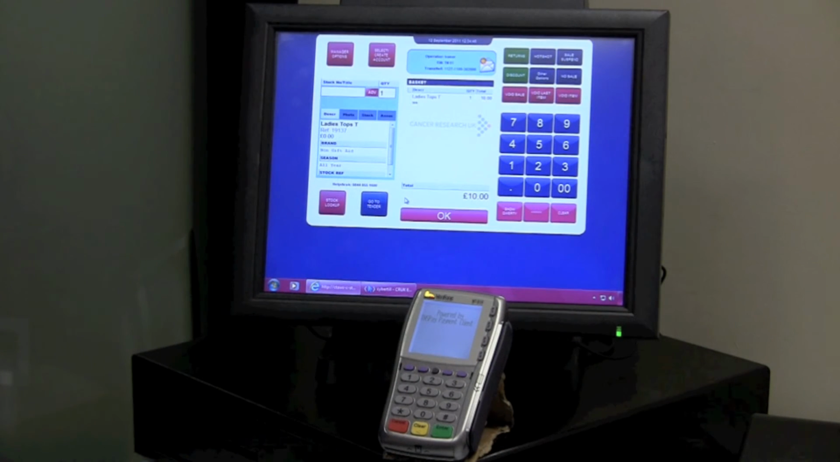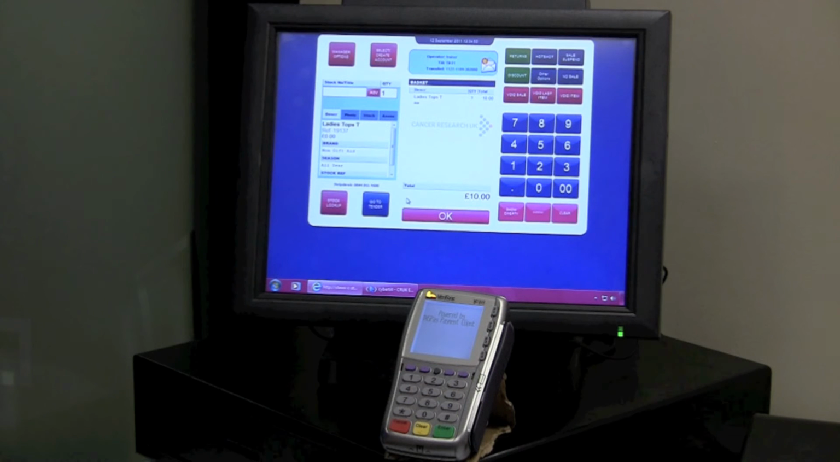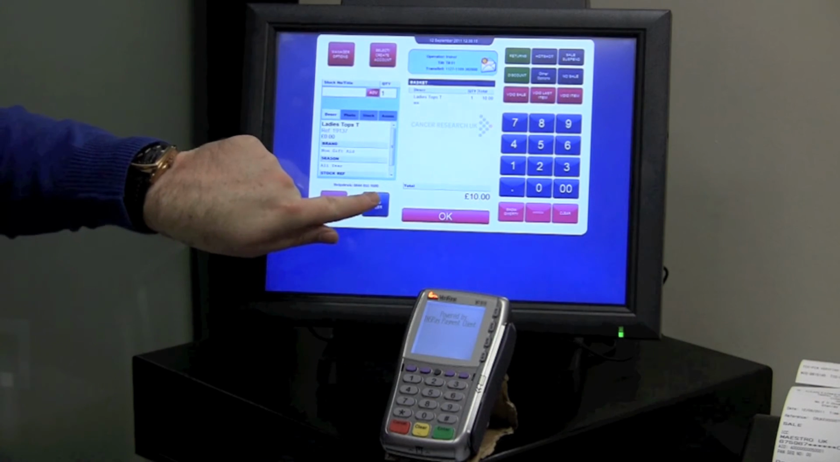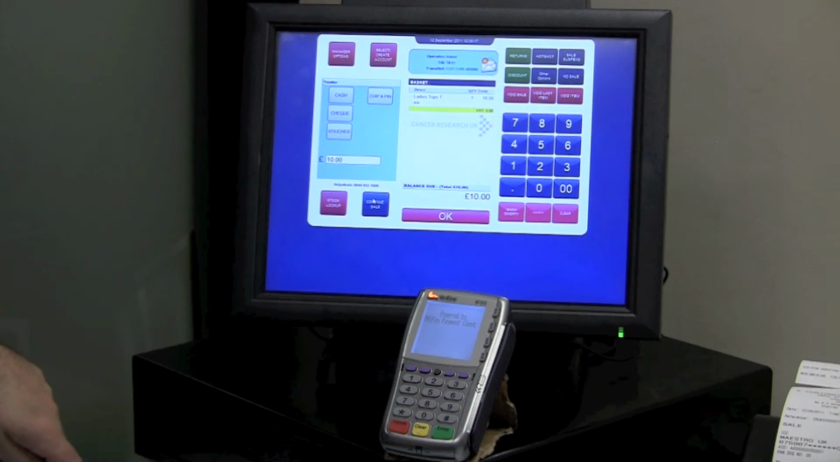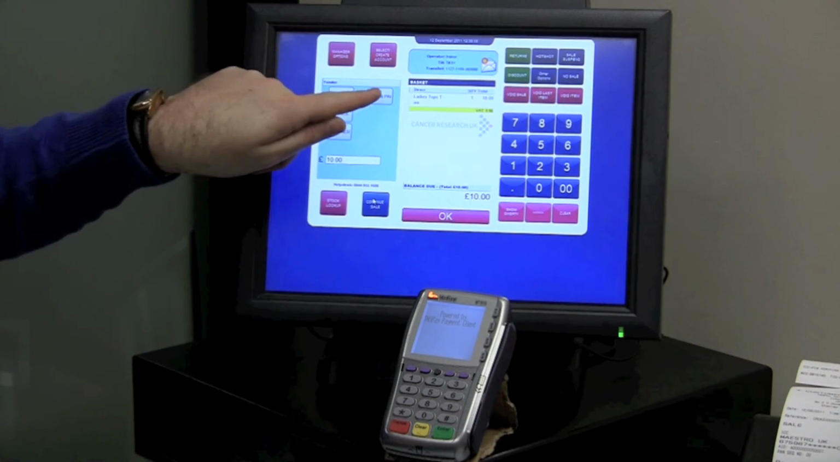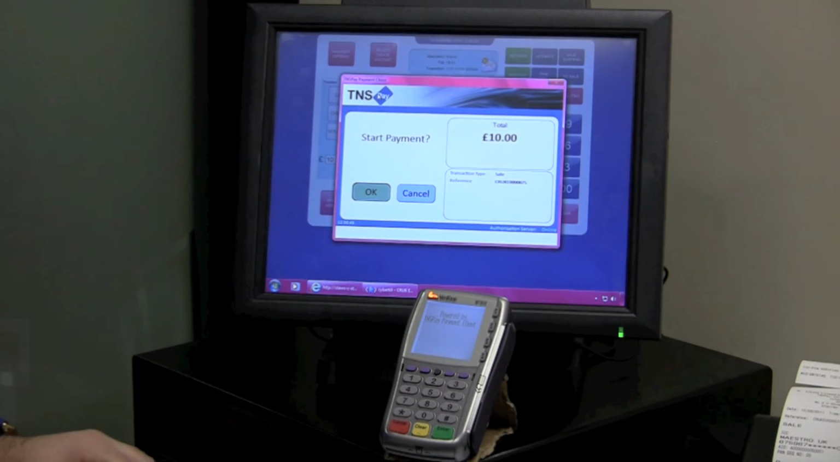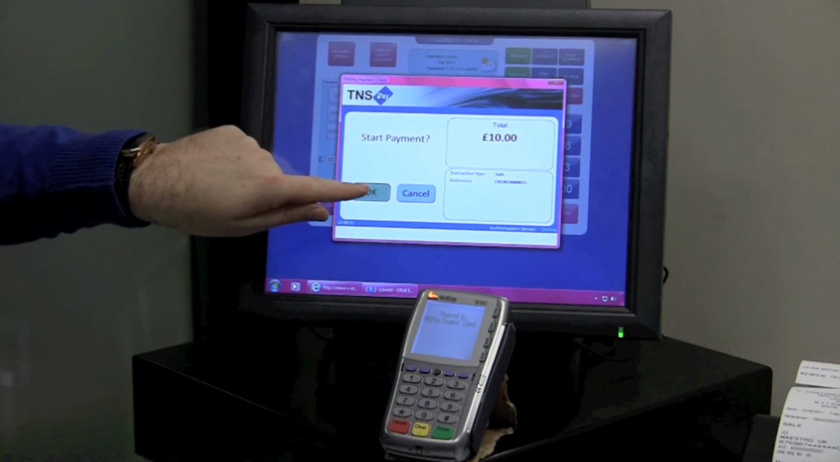This short video is to highlight what happens within the system when a card payment is declined. Once the products are in the basket, the operator then presses Go to Tender. They then select Chip and PIN, and the payment processing screen then appears. The operator then selects OK to start the payment,